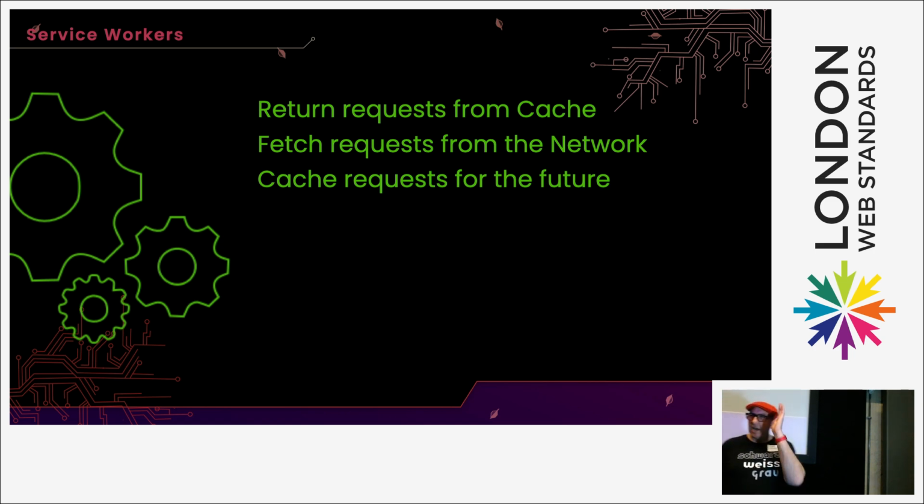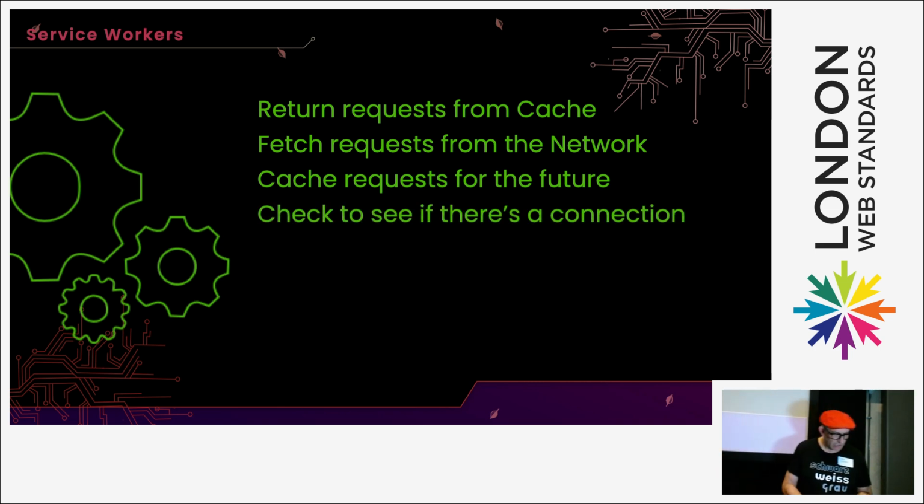We can say, interrupt this call to the network. And I'm going to make some decisions based upon what you're trying to do here. We'll have a look at more detail about that. We can check to see if there is a connection. So first thing you could do is go, hello, are you connected to the internet? No, you're not. Okay, so here's 10 jokes that I wrote. And that'll keep you entertained whilst you're on the tube or underground or in an aeroplane or whatever.